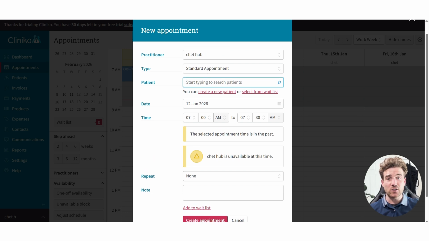Under patient, you can search for an existing patient by typing their name. If the patient is new, you can choose Create a New Patient directly from this window. You then set the date and time of the appointment. You can also choose if the appointment should repeat daily, weekly, or monthly, or simply leave it as none for